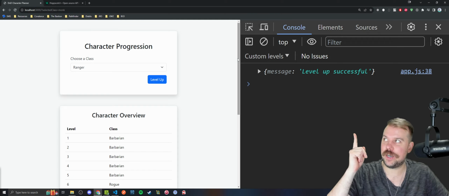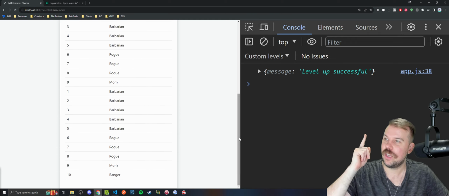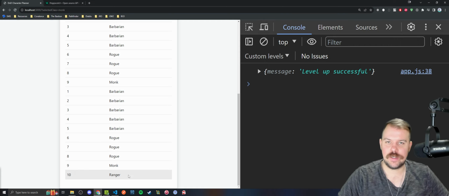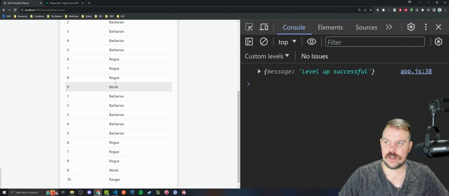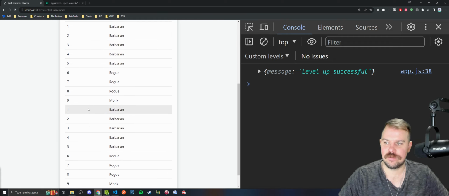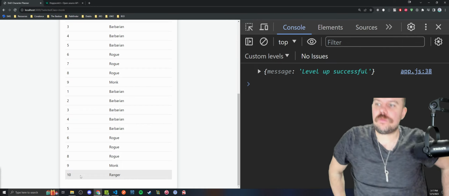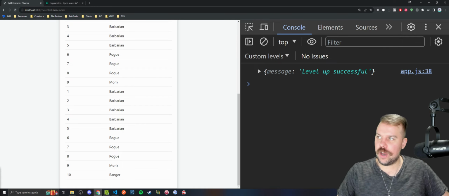I saw my bar here jump, which means that we're looking at... Oh, well, that's interesting. There's level 10 Ranger. That's what we expected to see. But why is it adding levels 1 through 9 after 9? Because it was 1 through 9, then add another 1 through 9, then add 10? No. So the original 1 through 9, remember,